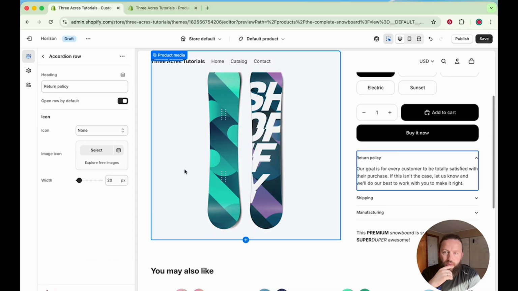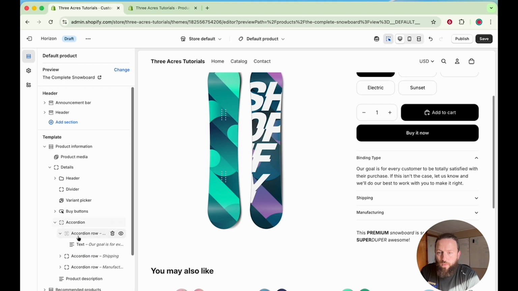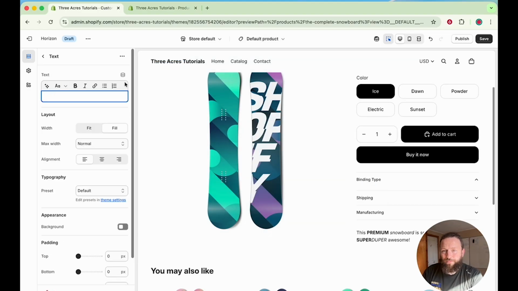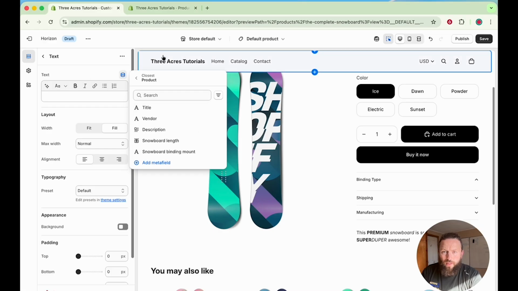Let's say the binding type. So that's great, that's the heading. Then under that accordion row that says binding type, we'll go into text. And this is where the dynamic content can really play in. We could manually put in text here, but then that text is going to appear on every product that has that template. If we delete that and we go to this little connect dynamic source, this will give us options